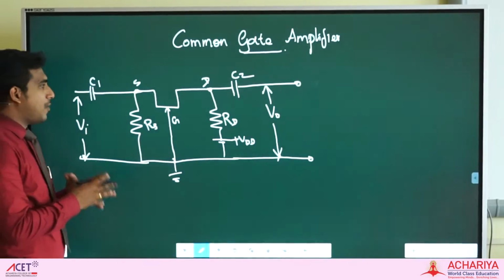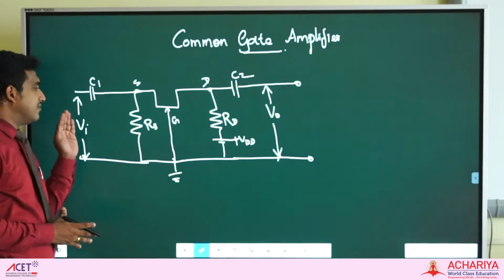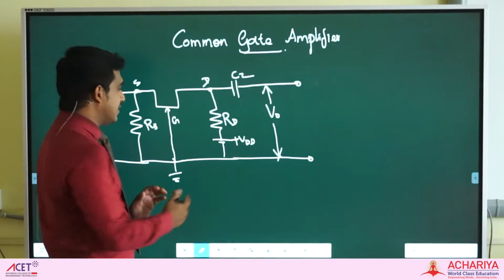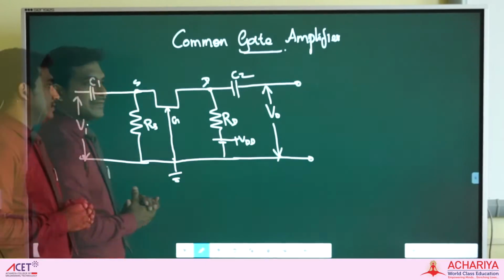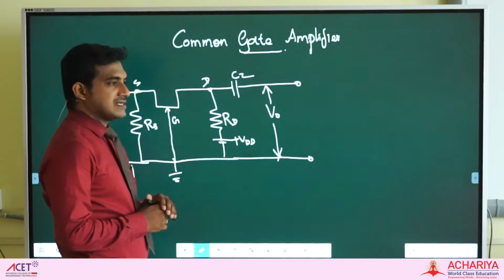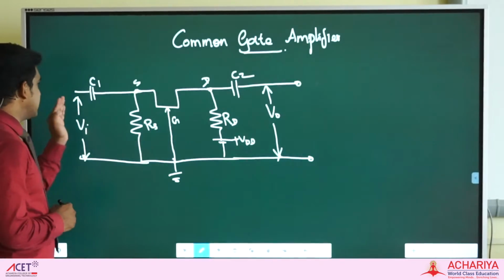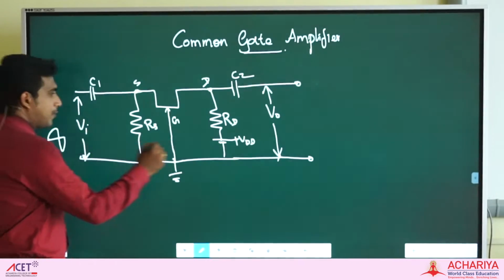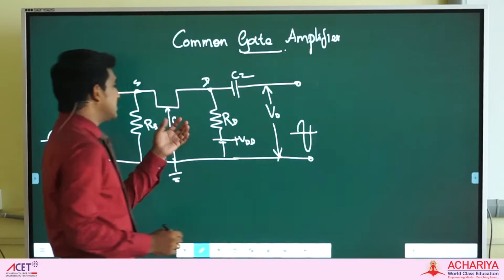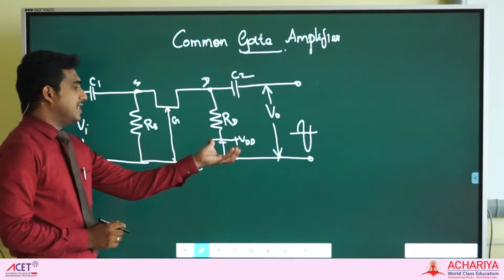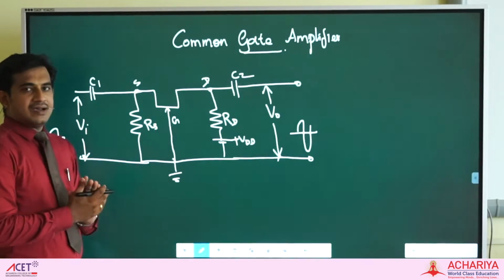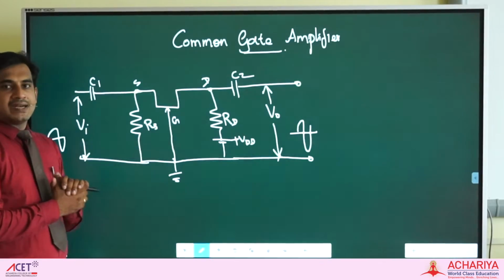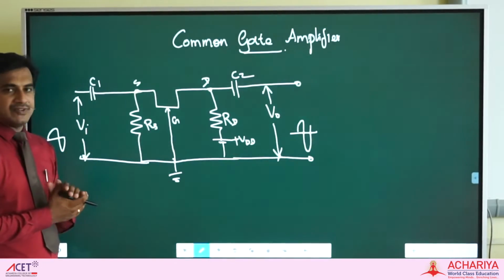This is the basic common gate amplifier circuit. Here the input is given to the source terminal and the output is taken from the drain terminal. The active voltage VDD is given at the drain terminal. Here we are also using two capacitors, coupling capacitors C1 and C2. These coupling capacitors will isolate the AC and DC components. Input is an AC signal, output is also an AC signal. The active voltage we are using to activate the FET is DC voltage. The capacitors will isolate these two components. For analyzing this circuit, first we are going to draw an AC equivalent circuit for this amplifier circuit.